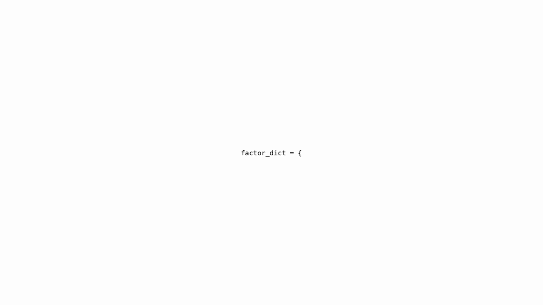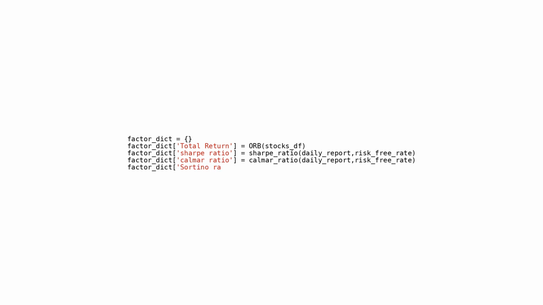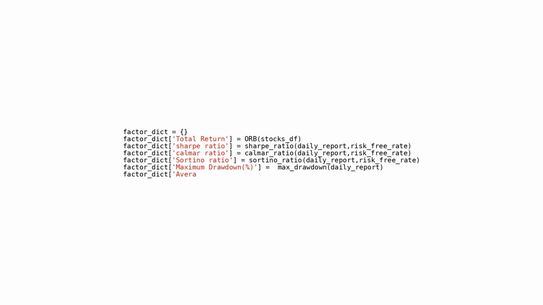This code snippet defines a dictionary named ZeroDha to store various financial metrics calculated from different functions applied to the data. These metrics include total return calculated using the orb function on the stock-stiff DataFrame, Sharpe ratio calculated using the Sharpe ratio function with daily report and risk-free rate as inputs, Calmar ratio calculated using the Calmar ratio function with daily report and risk-free rate as inputs, Sortino ratio calculated using the Sortino ratio function with daily report and risk-free rate as inputs, maximum drawdown calculated using the max drawdown function on the daily report data, average drawdown calculated using the average drawdown function on